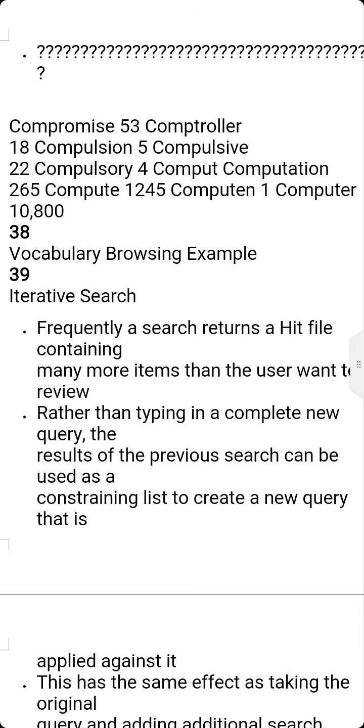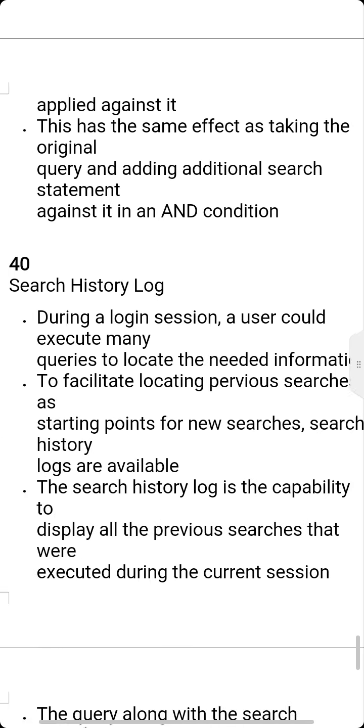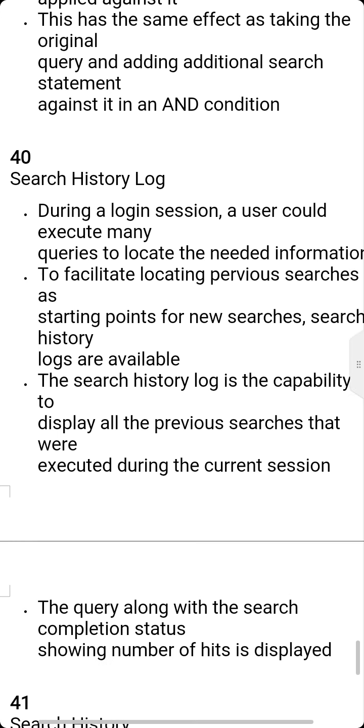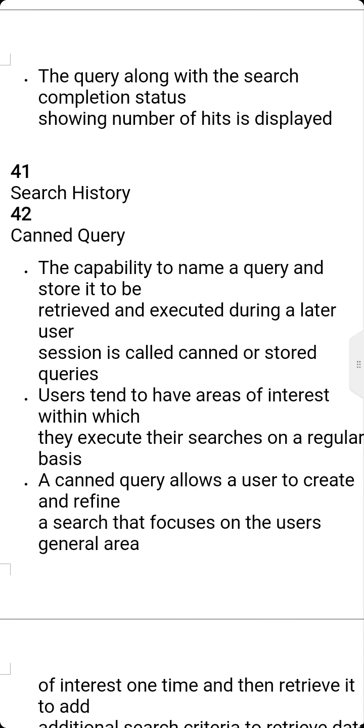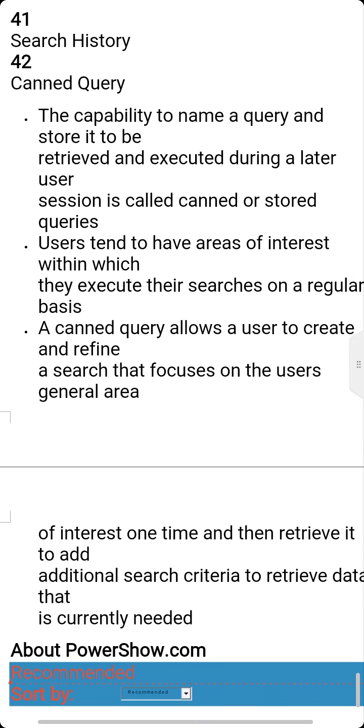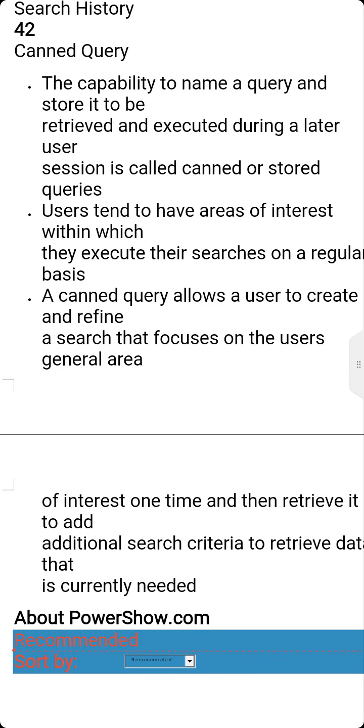Okay, next, the last one we have is the canned query. See, it is the capability to name a query and store it to be retrieved and executed during a later user session.